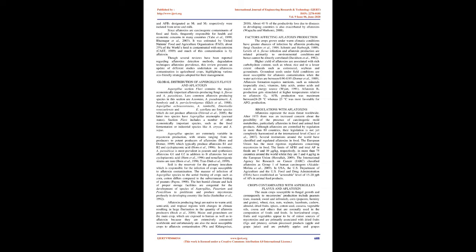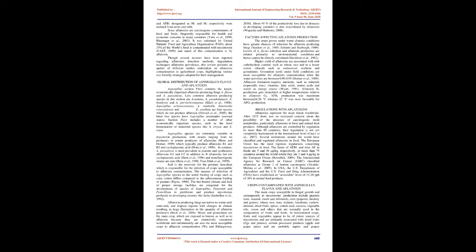Aspergillus species are extremely variable in mycotoxin production, with strains ranging from no producers to potent producers of aflatoxins, Horn and Dorner, 1999, which typically produce aflatoxins B1 and B2 and cyclopiazonic acid, Horn et al., 1996. In contrast, A. parasiticus is most prevalent in peanuts and synthesizes aflatoxins G1 and G2 in addition to B aflatoxins but not cyclopiazonic acid, Horn et al., 1996, and non-aflatoxigenic strains are rare, Horn et al., 1996, Trandin et